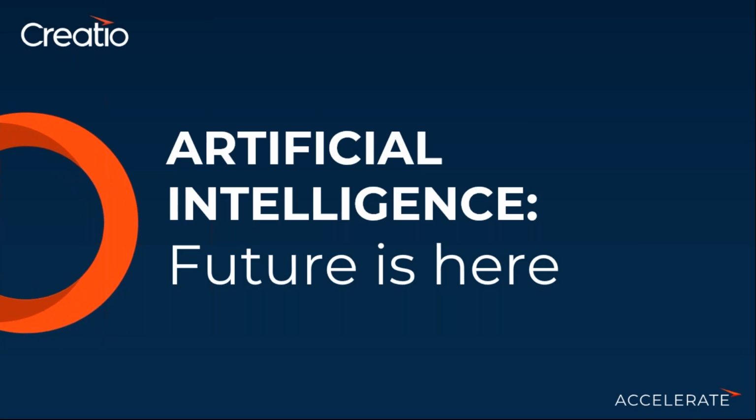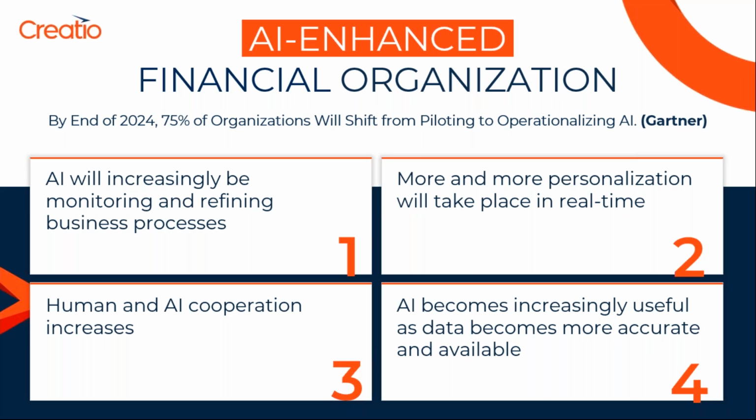So those are all the priorities that we are seeing on where the CIOs of big banks are focused. Now, as I mentioned previously, there are two buckets that we're going to focus on. One is AI and the other is low code. So let's first focus on the AI itself. And for people who are familiar with the Creatio platform, you know that this is something of importance to us. We've been super focused on AI for the longest period of time, right? And if you recall, earlier we used to be mostly focused on numeric predictions, but now we have accelerated our offerings in product recommendation as well.